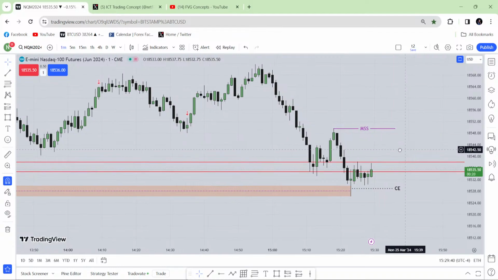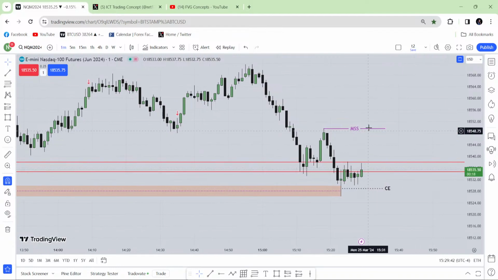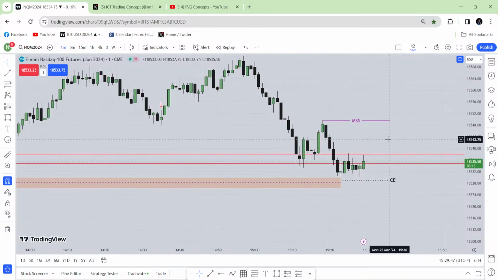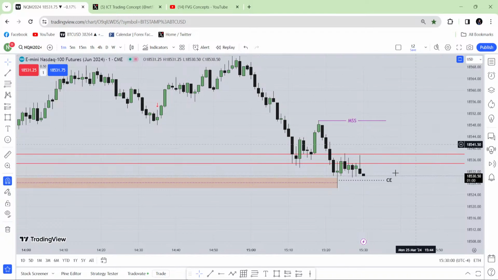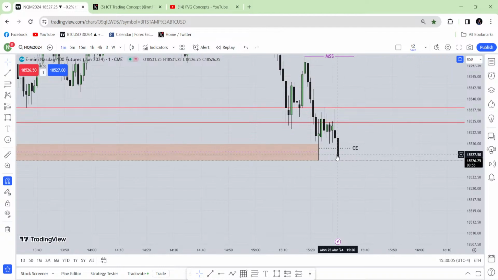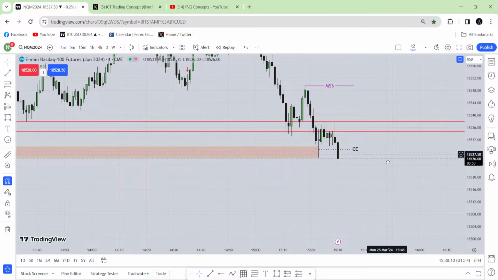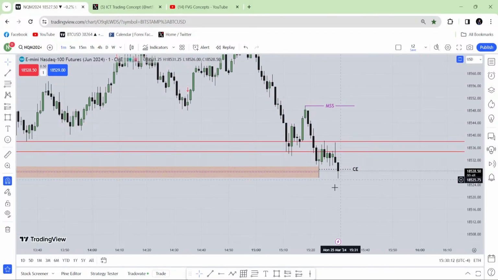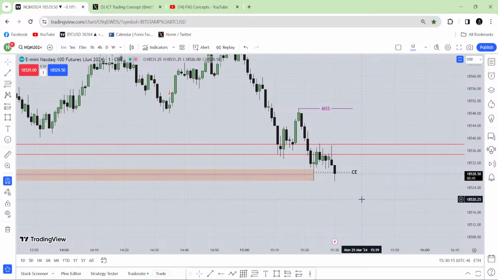I will expect a big candle right now, just a big candle right now. I'm expecting a big candle right now, just a big candle. Either way. Okay, I got that big candle toward the downside. It's okay. So I'm going to miss every opportunity to take a buy, and I'm done.